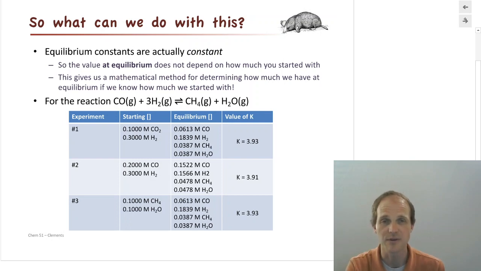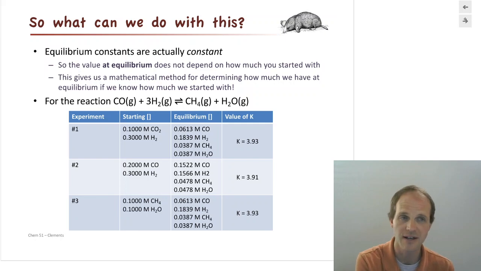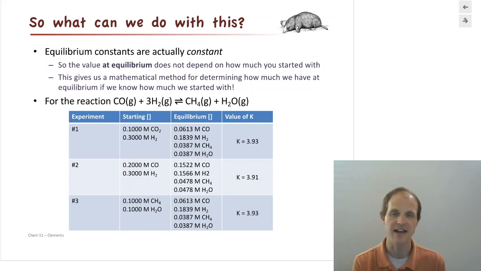So what can we do with this? We're going to use the fact that the equilibrium constant is constant in order to calculate things, right? Oftentimes we start off with stuff and we want to know, well, how much did we make? We did a lot of that kind of stoichiometry in first semester general chem, right? Oh, I've got A plus B, 5 grams of this, and you did that stoichiometry. But now that we've got equilibrium, that's a little more complicated because I'm not going to make all of my product. I'm going to still have some reactant left, and how much do I have left? That's what we're going to take on in this next section.